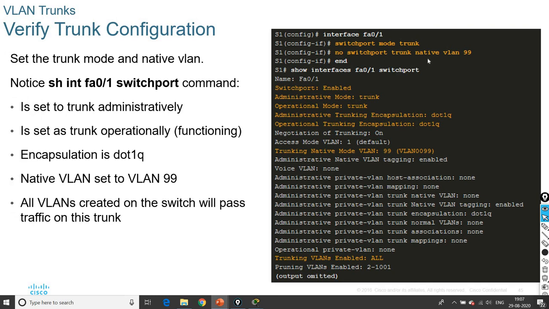Verified trunk configuration: we can go to interface FA0/1 and use the show interface FA0/1 switchport command, and it is set to trunk administratively and set to trunk, with encapsulation 802.1q and native VLAN set to VLAN 99. All VLANs created on the switch will pass traffic on this trunk. So these are the highlighted ones. You can see this: trunking VLANs enabled all. The trunking native VLAN mode is 99. Okay.